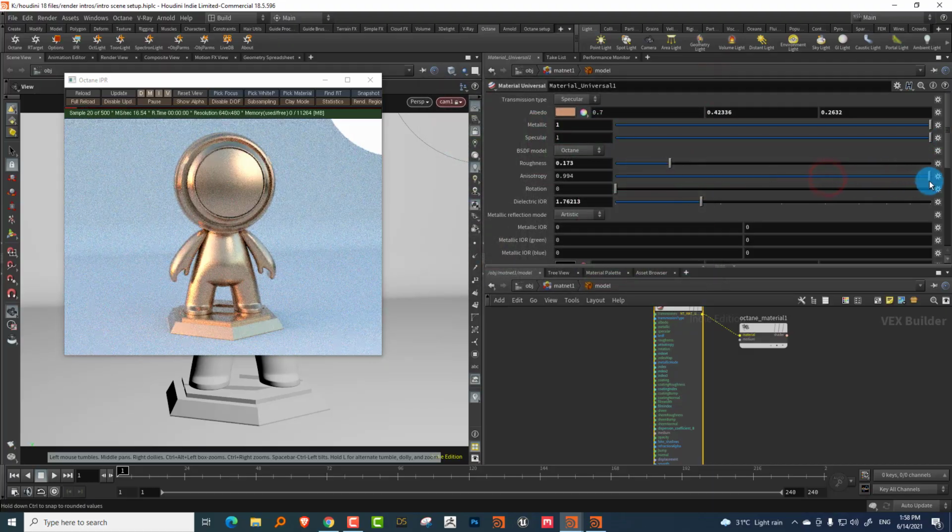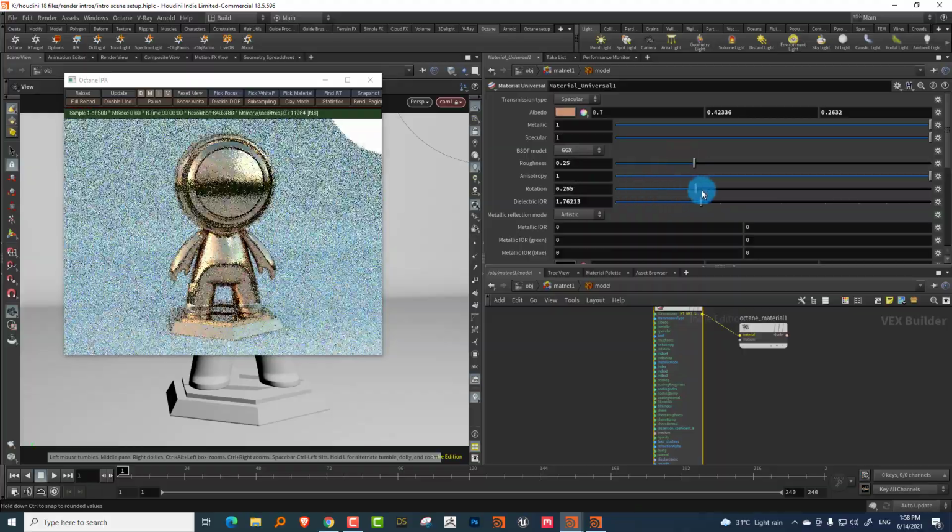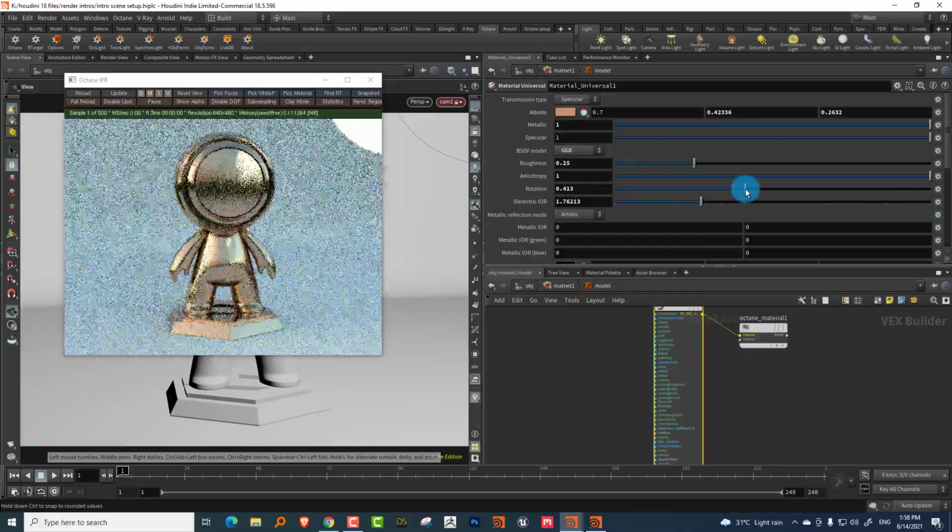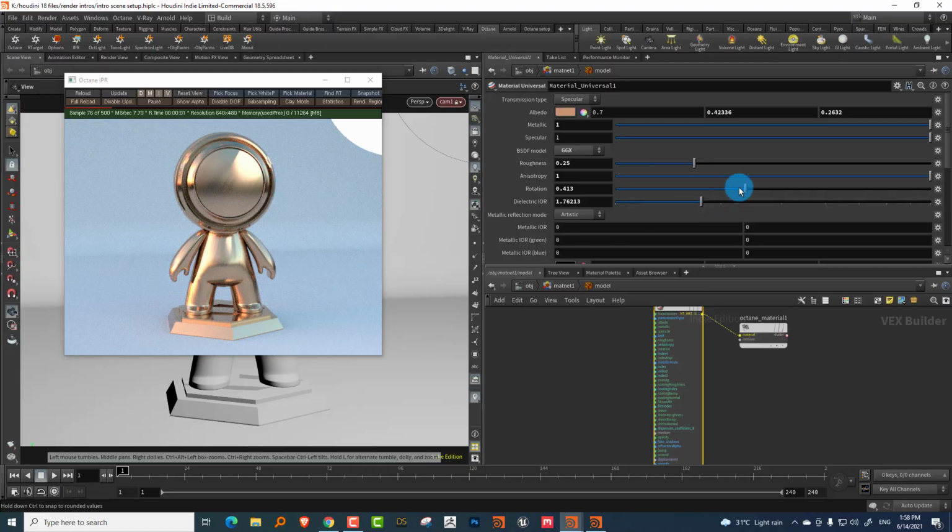You can do anisotropy, and you can do rotation. The one thing is for anisotropy, you can't keep the BSDF on Octane. It doesn't work. It has to be on GGX. Okay, and then I can do roughness and see. So I can give it rotation or whatever. Okay, so you can do that.